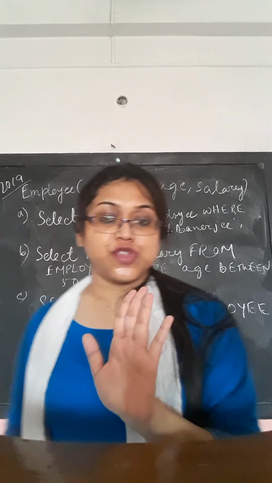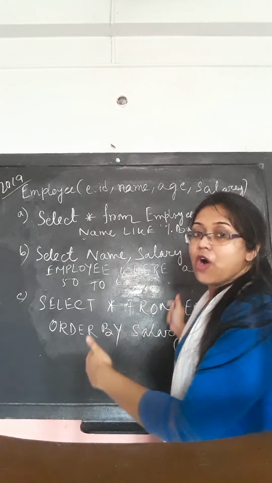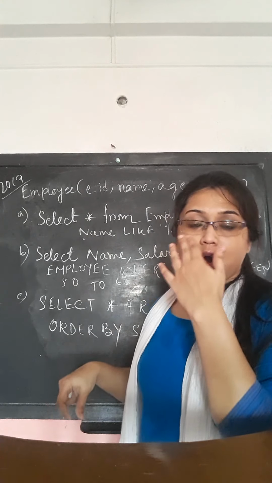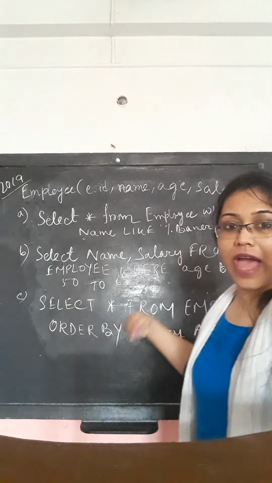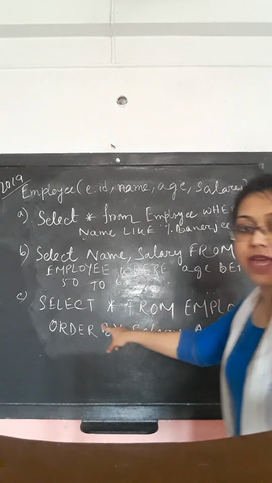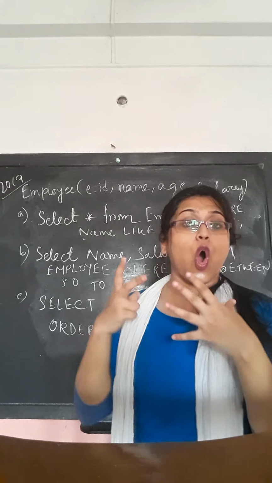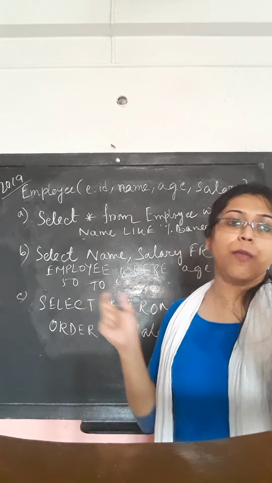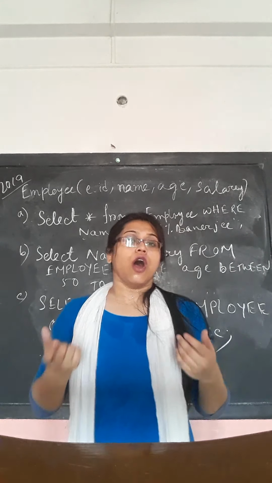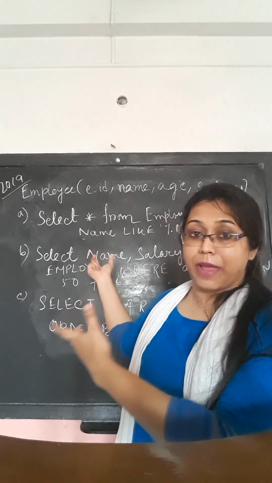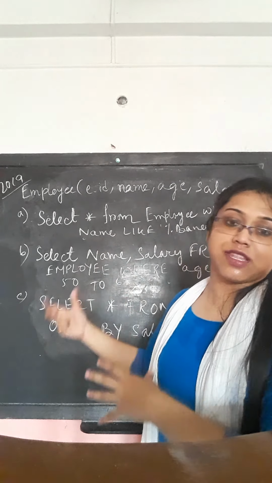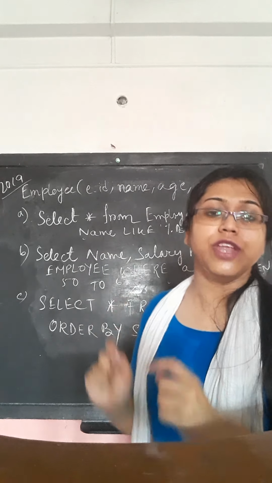That means we want to print the information of employees according to the ascending order of their salary. Okay, so why have we mentioned star? Because we want all the information together. There is no particular attribute we want to retrieve. We want to retrieve all the information of the employee relation, but with salary in ascending order. In such a condition we have to print all the information.